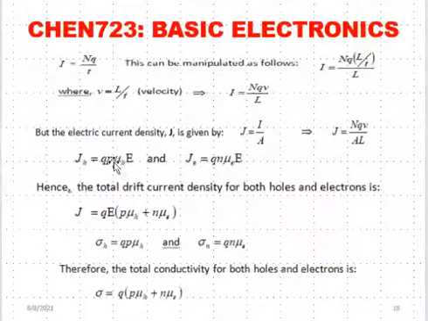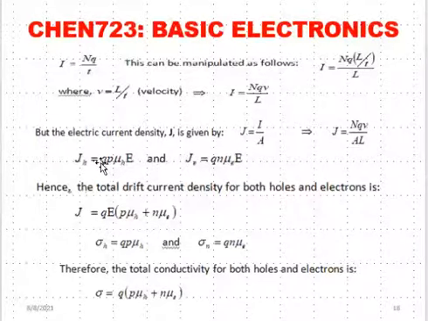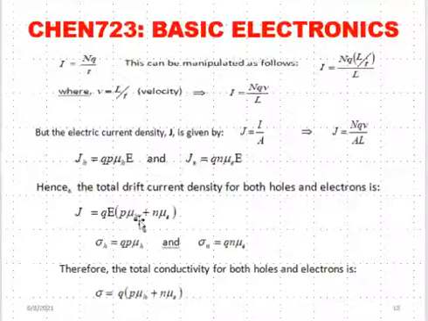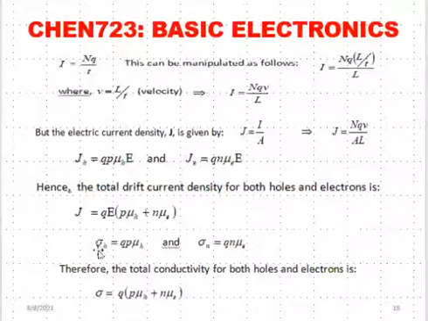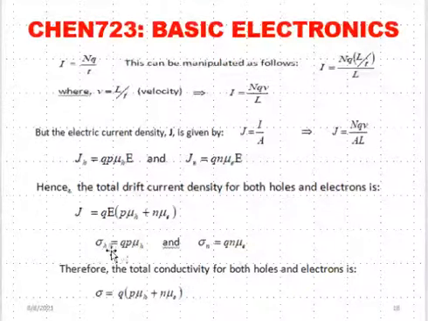For electrons, we have N and mu E instead of P and mu H. So if you want to find the total current density, you add that of the hole to that of the electron, and this will give you this formula. And also, we have another variable, which is the conductivity, and the conductivity sigma is, for the hole,